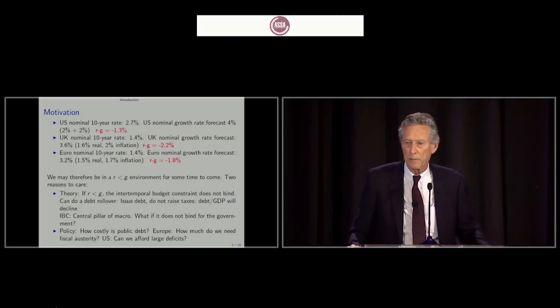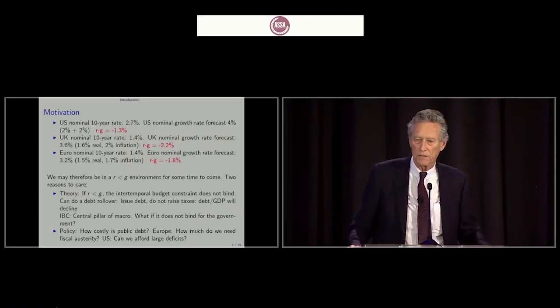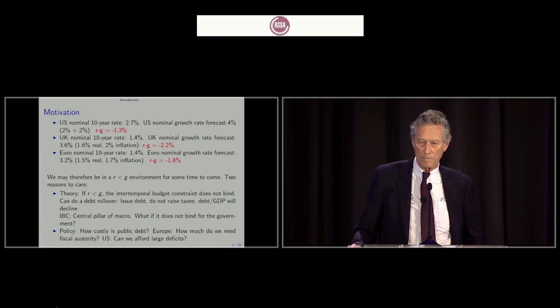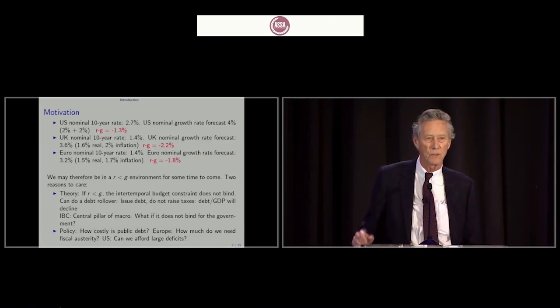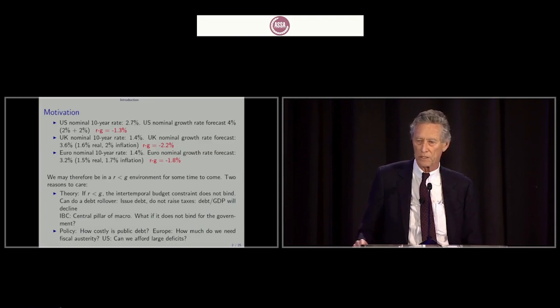The motivation for the paper is very simple. It is in the three facts at the top of the slide, which is if you look at the US today and you look at the 10-year nominal rate, it's 2.7%. It moves a bit every day these days, but within that range. If you look at the forecast of US nominal growth, it's about 2% real, 2% inflation, so about 4%, which